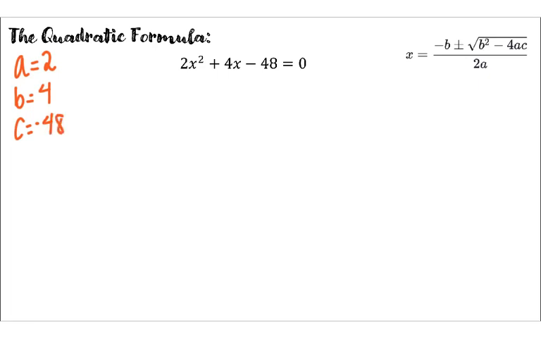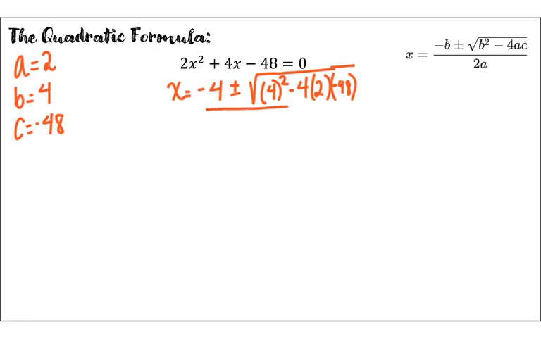And if we substitute into the quadratic formula, it states that x is equal to negative b plus or minus the square root of b squared, which is 4 squared, minus 4 times a times c, which is 2 times negative 48. Once again, there is a video on this topic as well that shows you how to substitute into the quadratic formula. All of that is going to be divided by 2 times 2, or 2 times your a value. All right, so let's clean this up. x is equal to